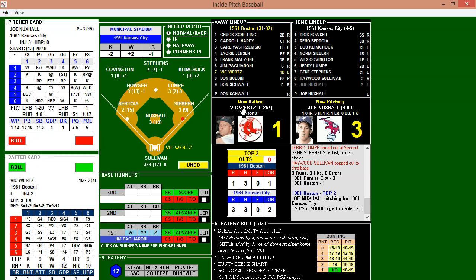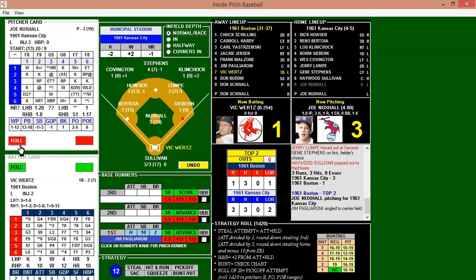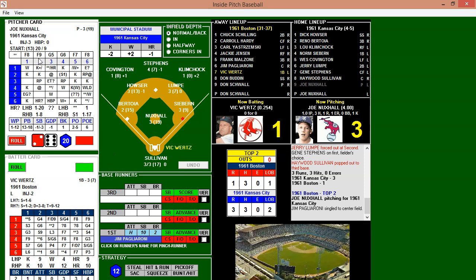So that'll bring up Vic Wirtz. Wirtz comes in hitting .254 in the season, 10 homers, 28 runs batted in. Already has almost matched his season total of 11 homers in just 185 at-bats. It took him 323 at-bats to hit 11 last season. This season, in actuality. Here's the pitch as Pagliaroni gets his lead, being held on by Seaburn. And this one's hit deep. Oh, no. 1-19, and it rolls a 20, so that will not be a home run.